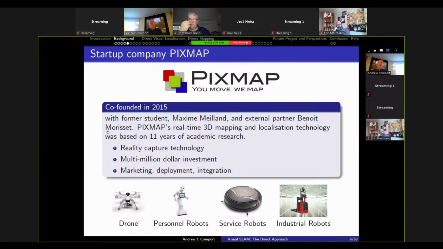So a last application that I wanted to talk about is the creation of this startup company PIXMAP back in 2015. So I created the company with a former student, Maxime Mayand, and an external partner, Benoit Morisset. And it was basically the transfer of lots of research at the lab for many years. And the technology was getting to a point where it was mature enough to be running robustly in real time on different platforms. And so during the first part of this creation, we managed to get a multi-million-dollar investment in